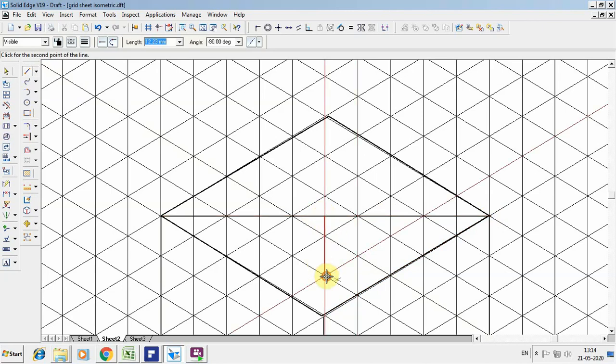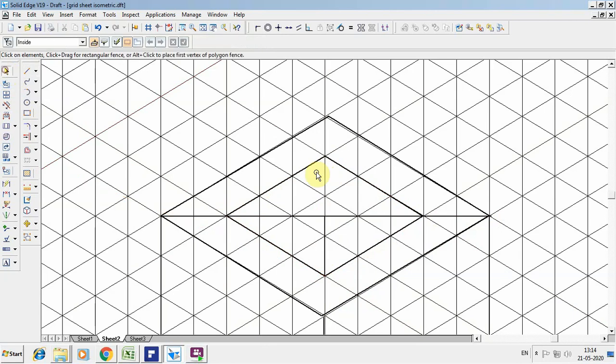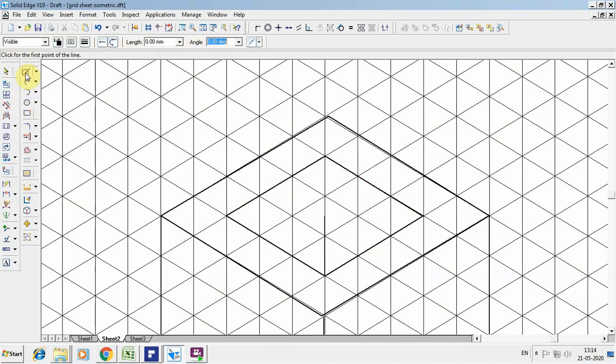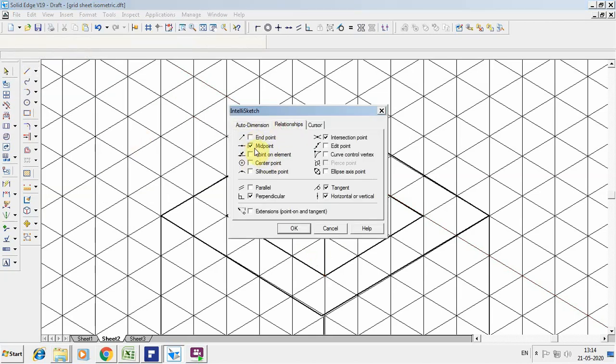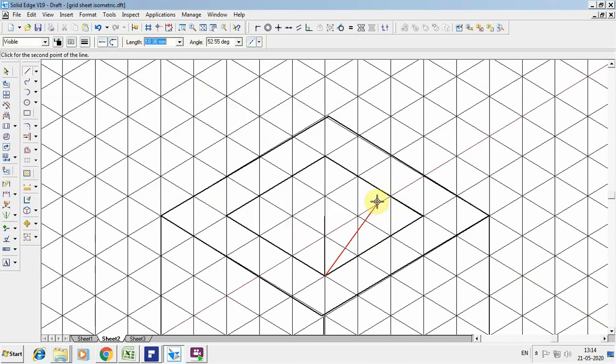From here it takes 15 mm downwards. Again 30, so from here again it will be 30, and from here 30, and I want to create a 30 square. So I want to create a center point over here. This has to be converted into a circle. So I go for line, from here to the opposite center point. I have to select the center point of that. Go for IntelliSketch relations, where we get the end point and the midpoint. You can see here I can visibly get the midpoint of the line. Similarly I get the midpoint over here, and similarly from here to the midpoint of the opposite side.